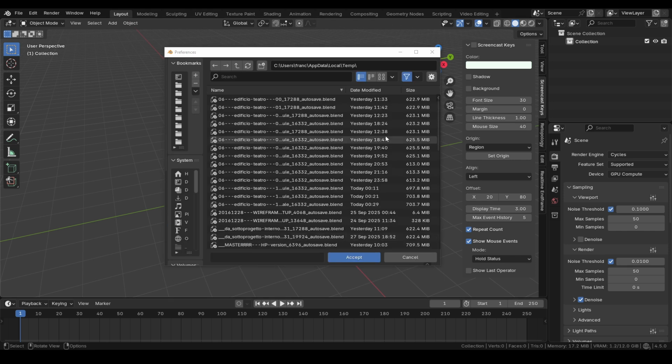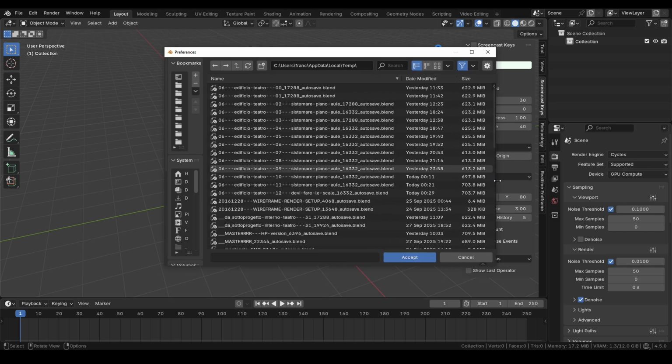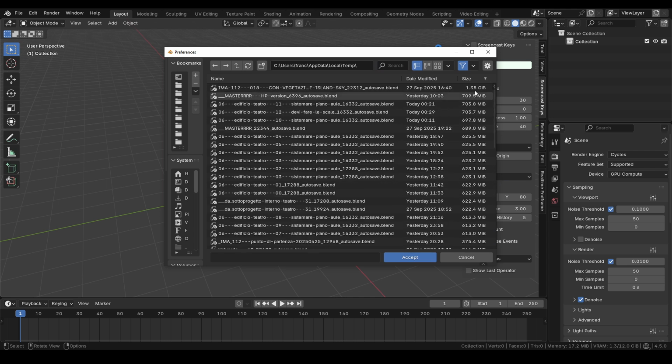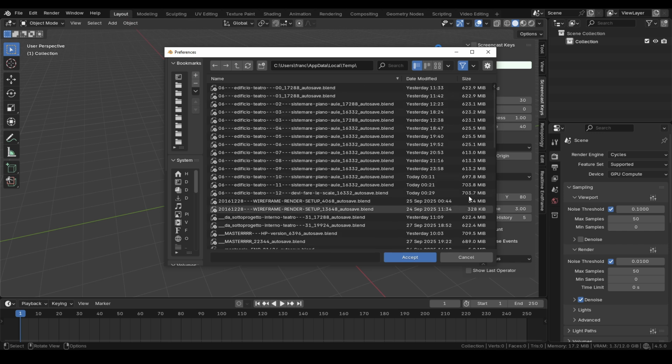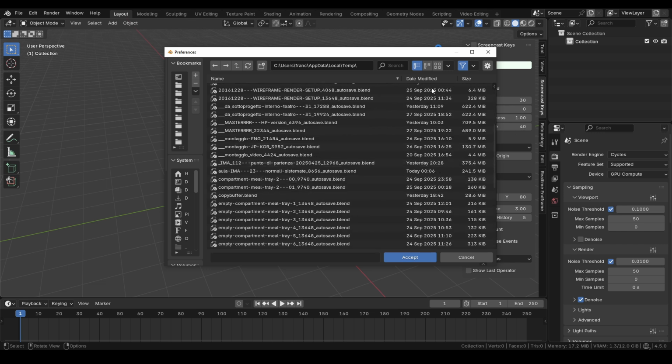On screen, I'm showing you the blend files that Blender saved for me in that default folder. Notice that there's also a file called quit, which stores the last Blender session when you close the program. As you can see, these files can take up quite a lot of space, so it's a good idea to open that folder from time to time and clean it up. A tip I recommend is changing the temporary files path in the Preferences tab to a dedicated folder on your desktop. That way, you'll be reminded to check it occasionally and free up some space.